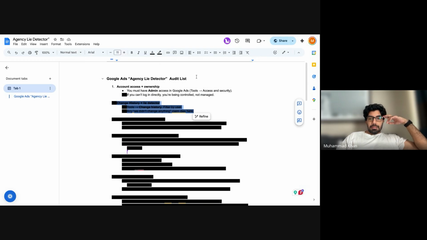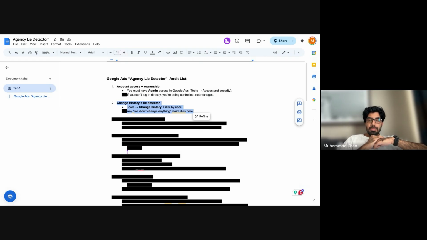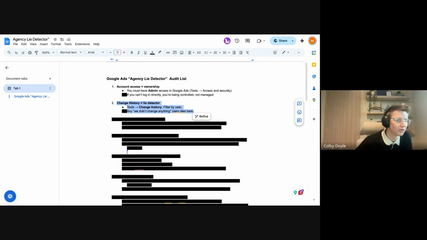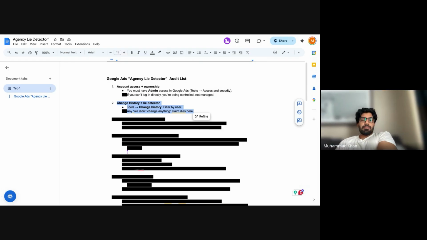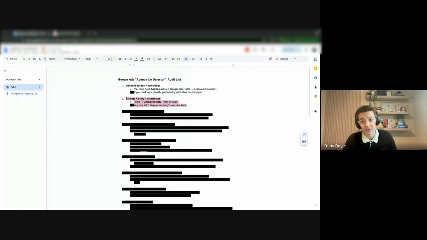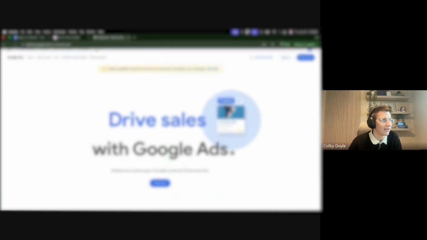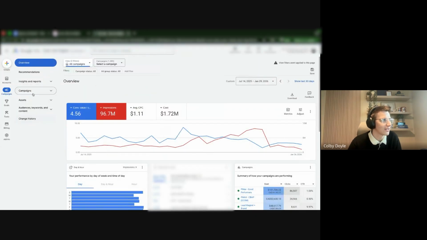The biggest lie detector. A lot of times people will say, oh, we did this, we made this update, we increased budget here, we updated this image, and so on. A lot of the time they don't, just from experience. The easiest way to check is to go to your left column and open change history. I think we're framing it like these people are always evil. It's not necessarily that they're evil, though some people are straight up evil for sure. What ends up happening is people get busy, maybe they don't think you're a priority account, and maybe you're not seeing results and it just feels like nothing's really happening.